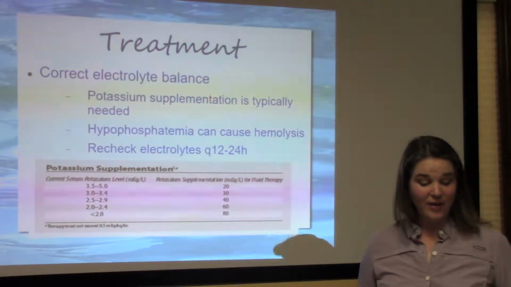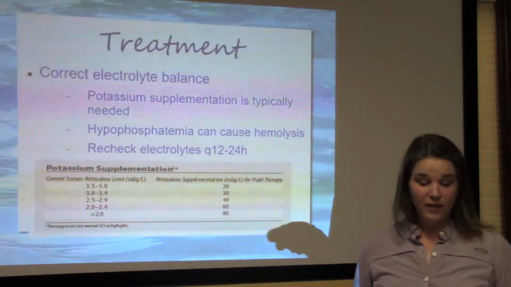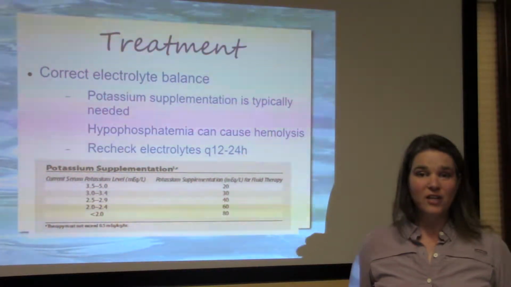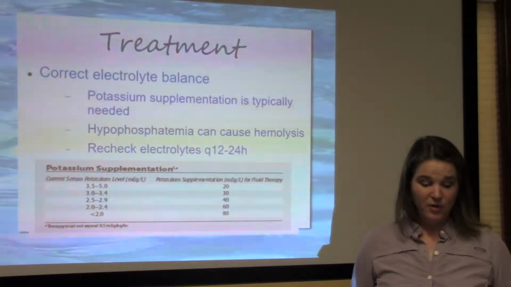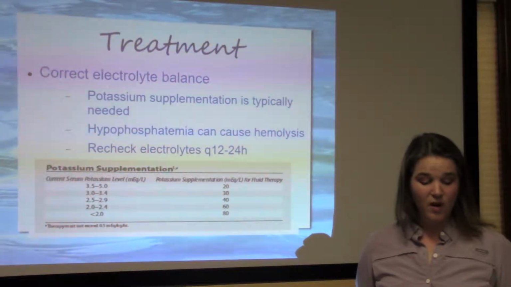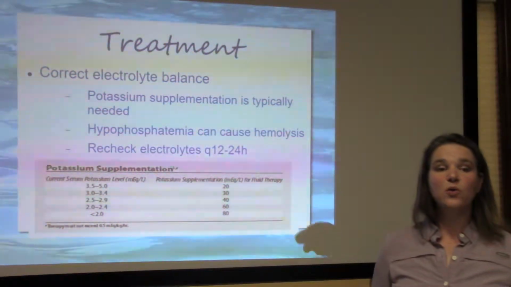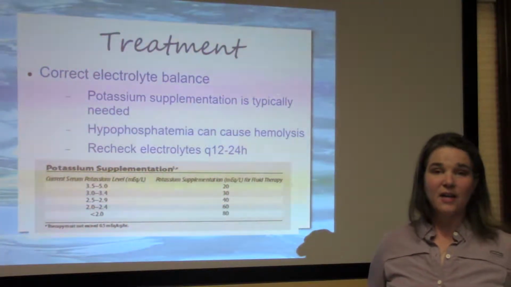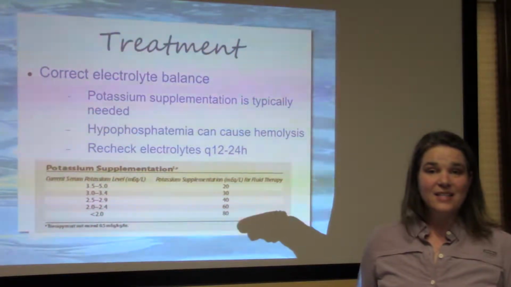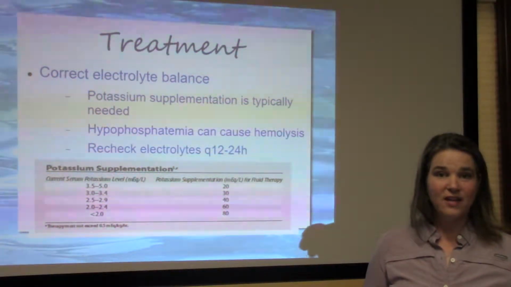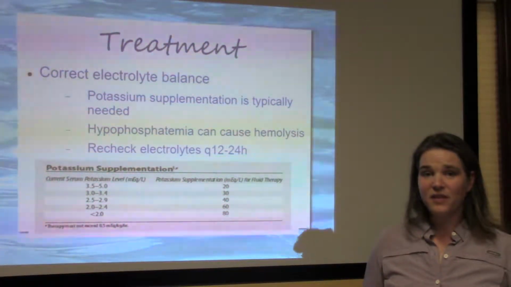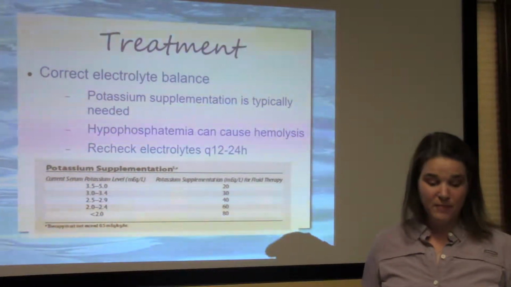Next, we correct our electrolytes. Again, these guys are frequently hypokalemic, but even if they aren't on the initial blood work, once we start insulin, they will become hypokalemic. Insulin drives potassium into the cells, and the potassium in the blood is going to drop very, very quickly. They have a total body potassium deficit, again, because they are urinating out a lot of potassium, but it is leaving their cells, going into the intravascular space, and then being peed out. So even if initial blood work is normal, they have a total body potassium depletion.